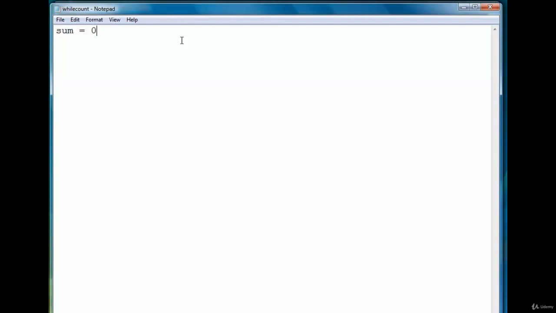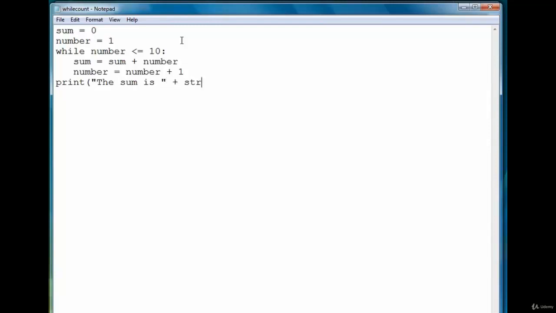starting with 1. So we'll set a variable sum to 0. Our first number will be 1, and then we'll say while number is less than or equal to 10, followed by a colon to indicate the beginning of the loop body. And then we'll say sum is equal to sum plus number, and then number is equal to number plus 1. And at the end we'll say print the sum is, and of course remember to convert sum to string to